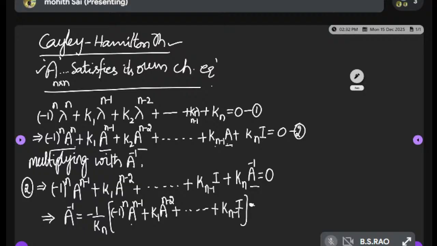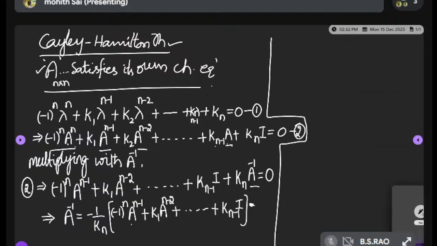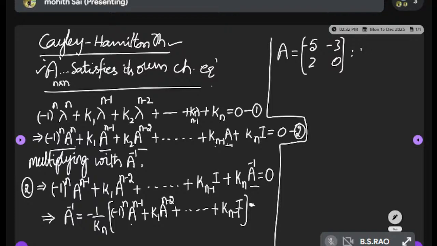Given that A equals [minus 5, minus 3; 2, 0], and I equals [1, 0; 0, 1]. The value of A cube is